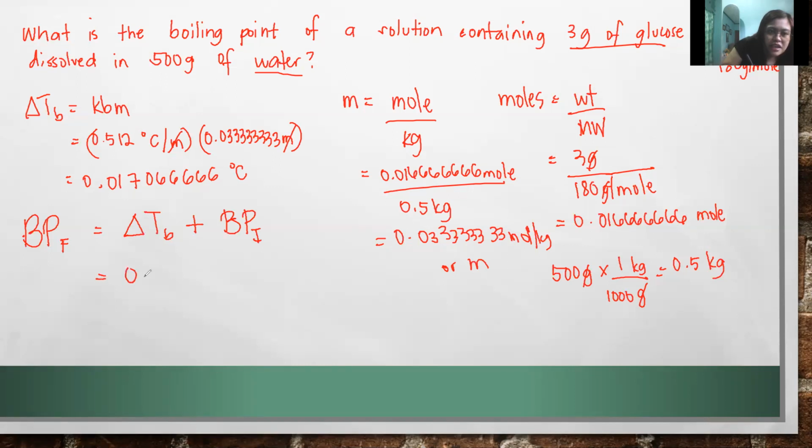So the change here is 0.01706 degrees Celsius plus our solvent is water, and then we know that water boils at 100 degrees Celsius. So you just add this, it becomes